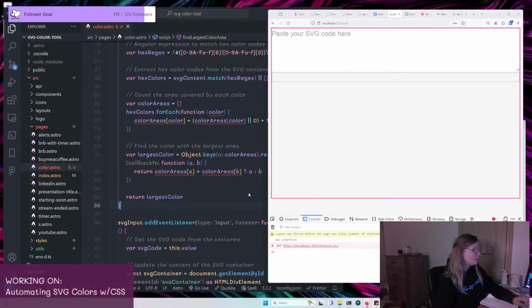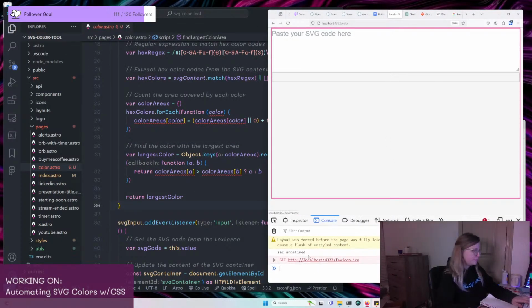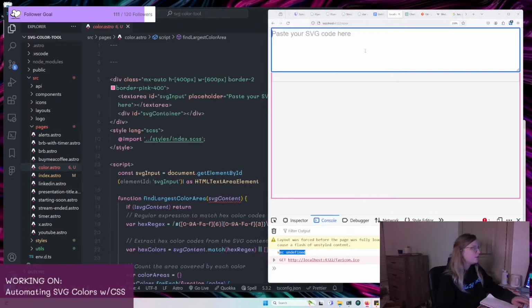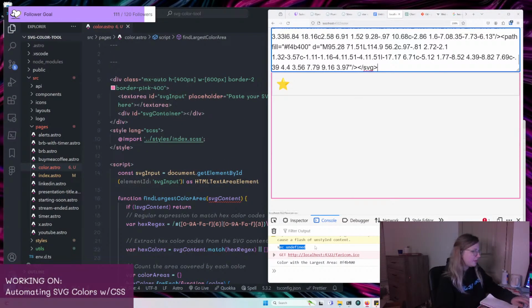All right, so this is gonna be where it shows up once we paste the code in, paste it. All right, let's see. There it is. So the color with the largest area is here. So I need to make